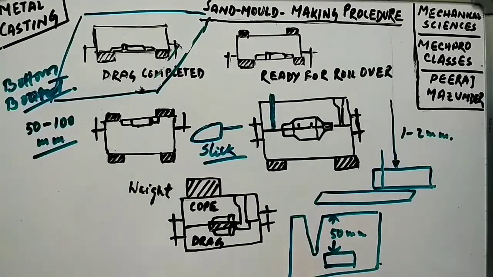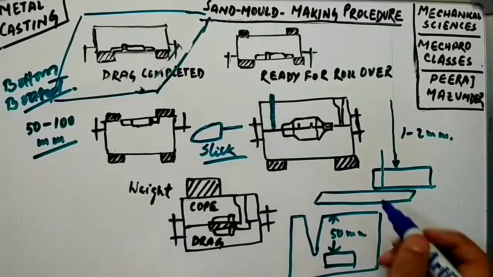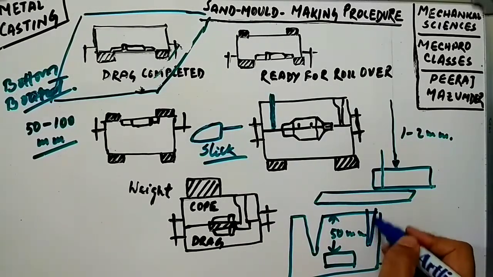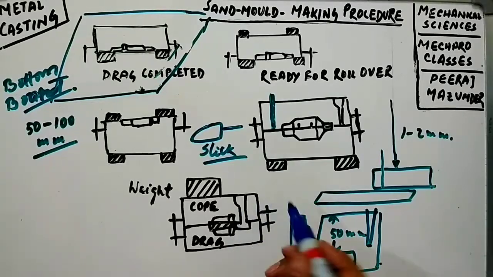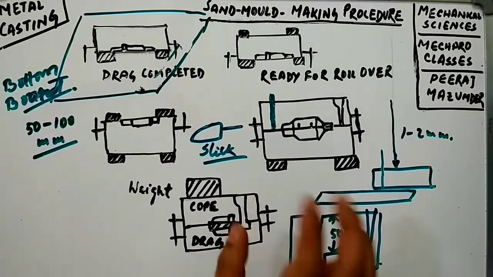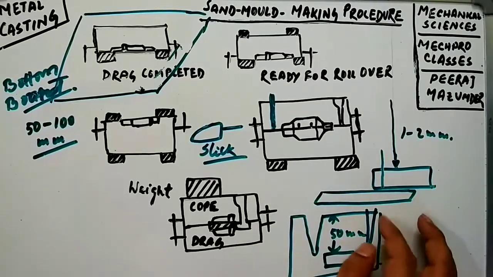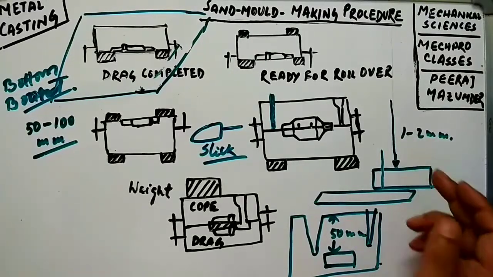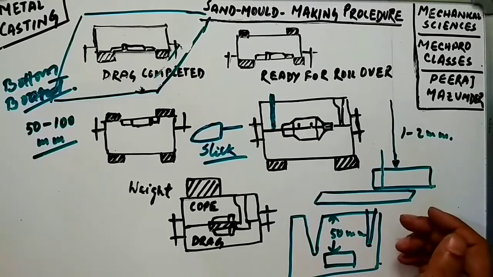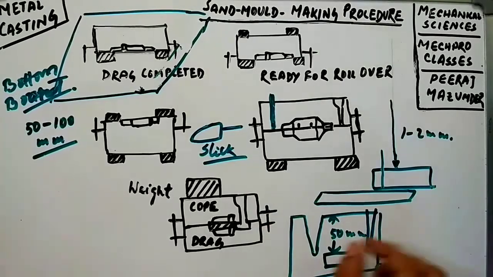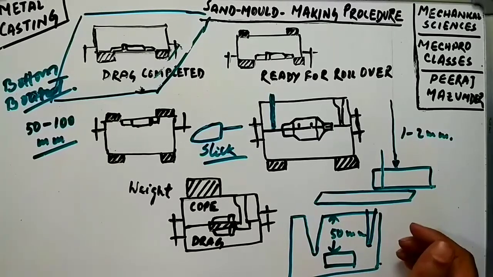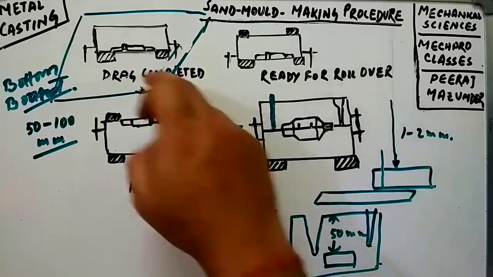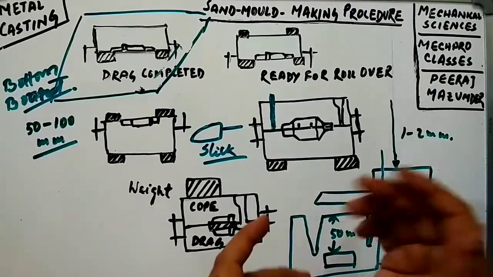And now also a riser pin. You have to also make a riser. You already know what a riser is. Here will be the riser, somewhat like this. A riser is also a passage for the flow of the molten metal. Again you have to take a riser pin, which looks somewhat like this one, and keep it in an appropriate place you choose. Freshly prepared molding sand, similar to that of the drag, along with the backing sand is to be sprinkled.